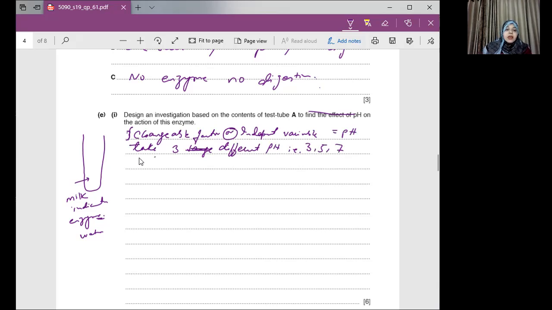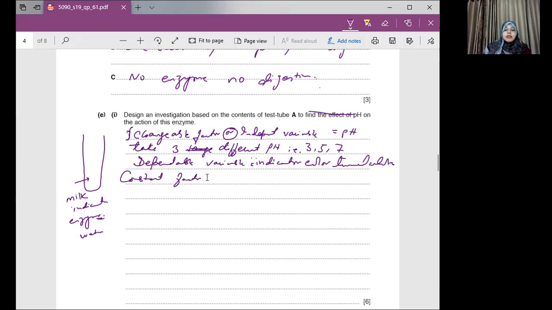And then we have the dependent variable, which means the result. The dependent variable is that the indicator color turns white. Okay. And the last is we have to keep some factors constant. Constant factors are